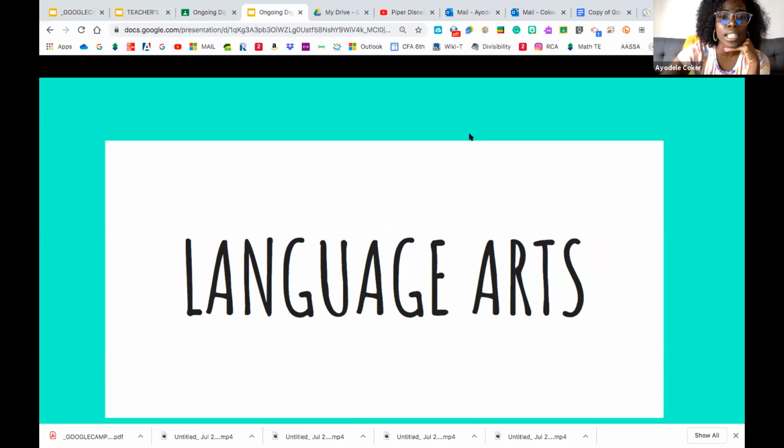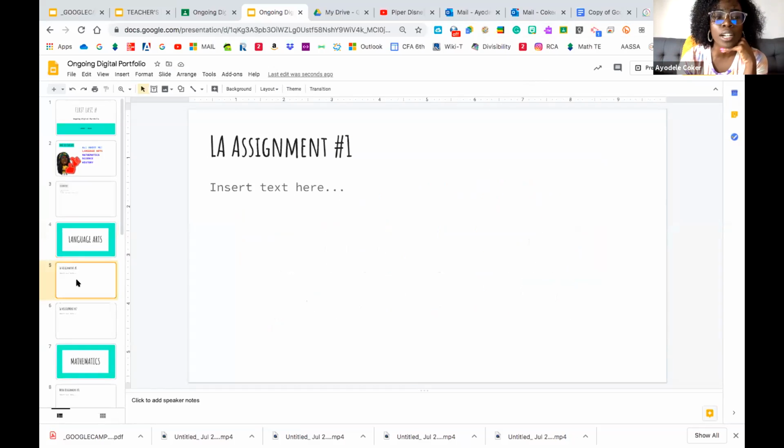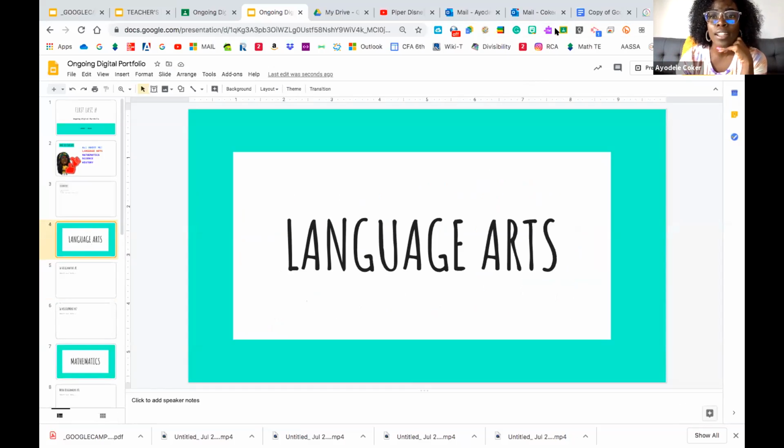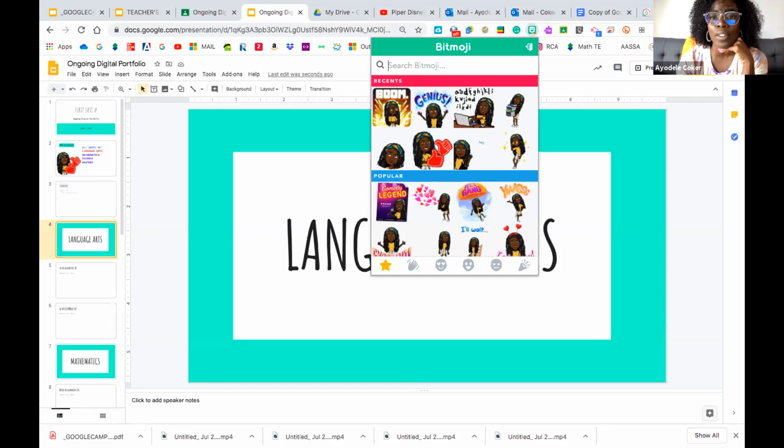Now, on the title slides, I tell the kids, you can insert pictures on these slides, but this is just like the introduction slide. Your real work comes in the pages after that. Some kids figure it out, and they'll insert little Bitmojis of themselves or whatever on their page. So I'll put writing. Whoops, come on. What are you doing?